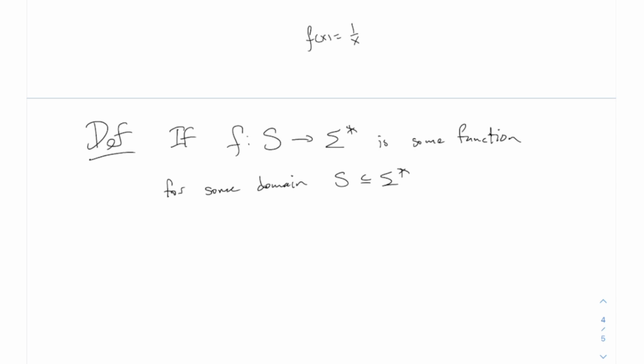This has a different domain than all real numbers. Its domain is all real numbers except for 0. The domain of the function might not be all possible strings, but it could be. But the answer certainly could be any string. Anyway, if this is some function for some domain, we say that f is Turing computable